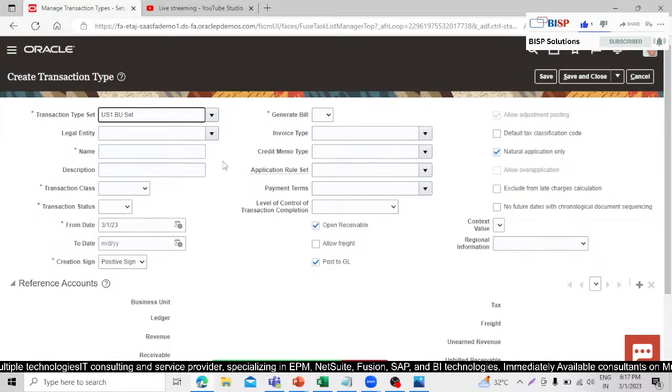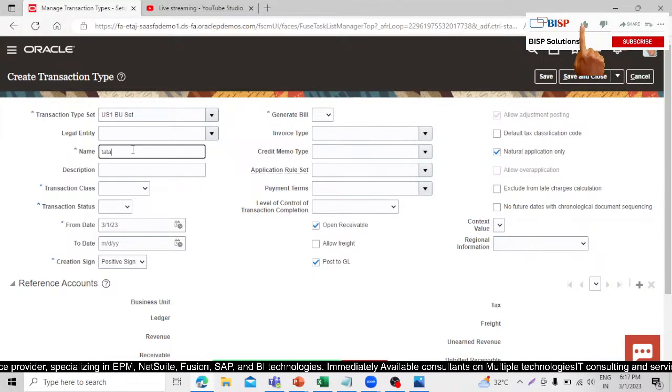US1 is our common set and the other one is for the customer, right? Put the name, and you can set the legal entity over here. Suppose we have the data